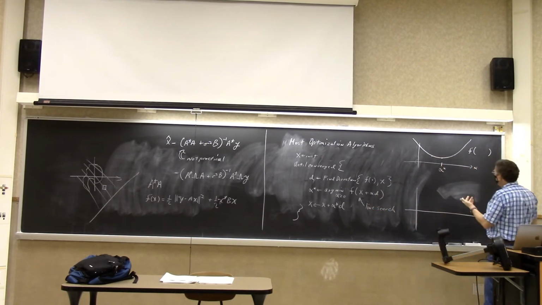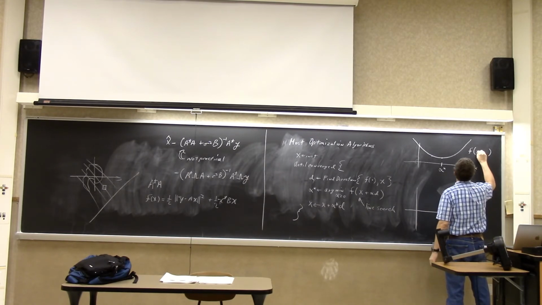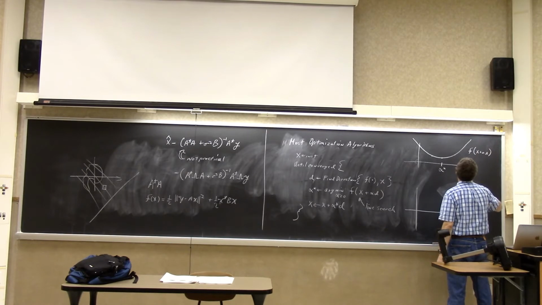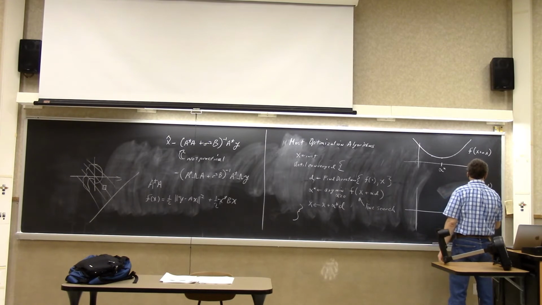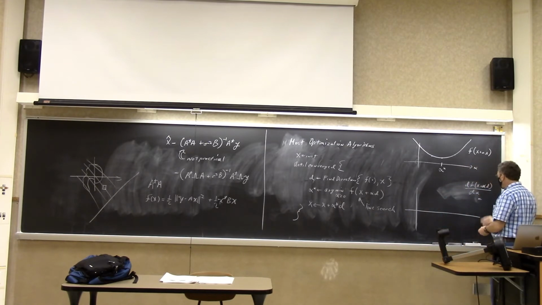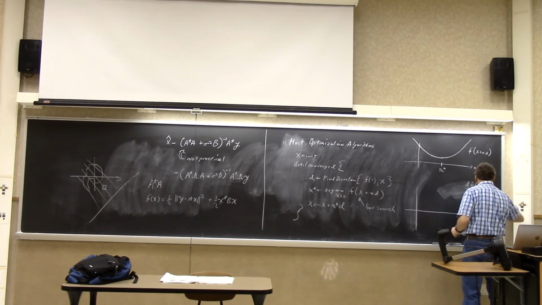So you could also plot the derivative. So this would be x plus alpha d. You could plot the derivative, so that would be the derivative of f of x plus alpha d with respect to alpha. And that happens to be equal to, you can compute that derivative, right? At least partially. It turns out that that's equal to the gradient of f at x plus alpha d,